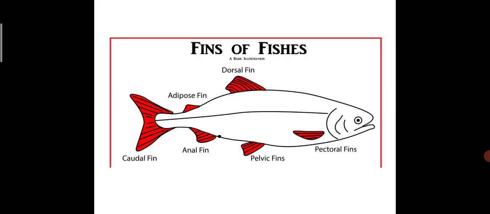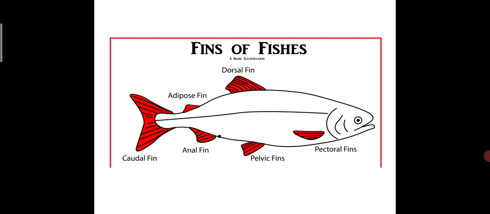And now we talk about fins, the specialized locomotory organs of fishes. Fins are flap-like outgrowths of the body wall, directed backward and supported by different kinds of rods and fin rays. In this shark we can see the median fin, otherwise called the unpaired fin, then the paired fin, otherwise called the lateral fin.